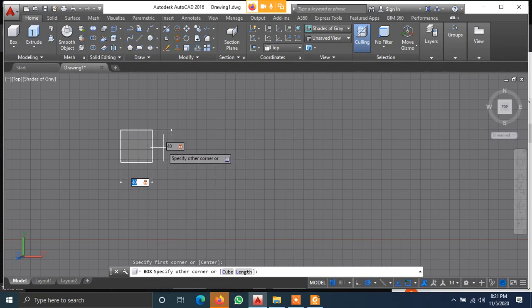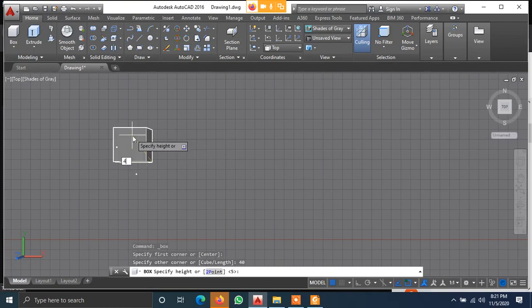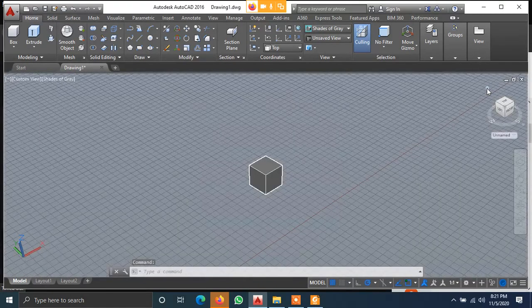This way you can do it. Now I am able to access the height, which is 40. Cube means all sides 40. So I have drawn it in the top view, but I can visualize this only in the isometric view like this. Clear? Any doubt in this?